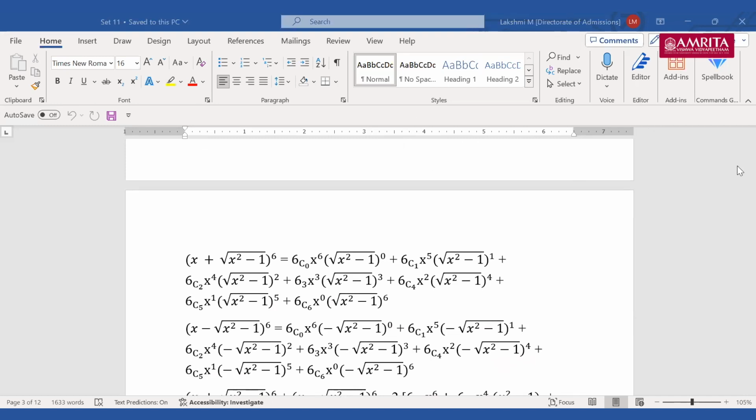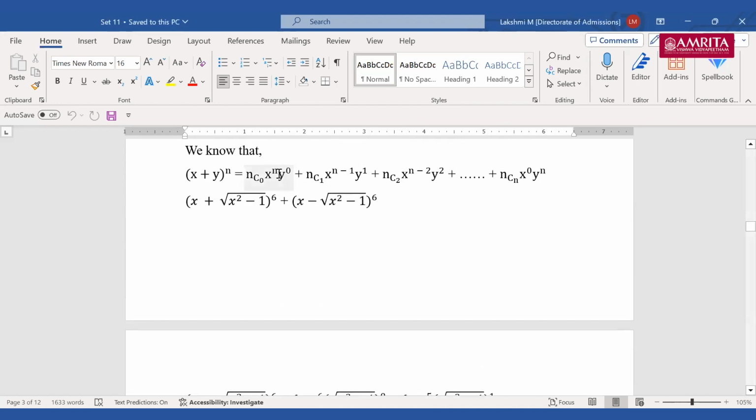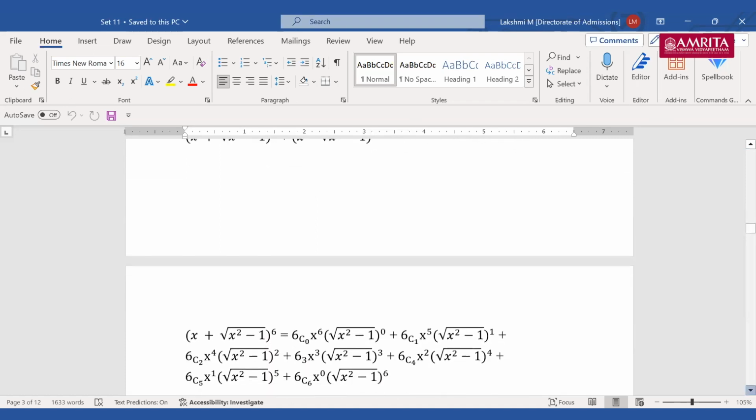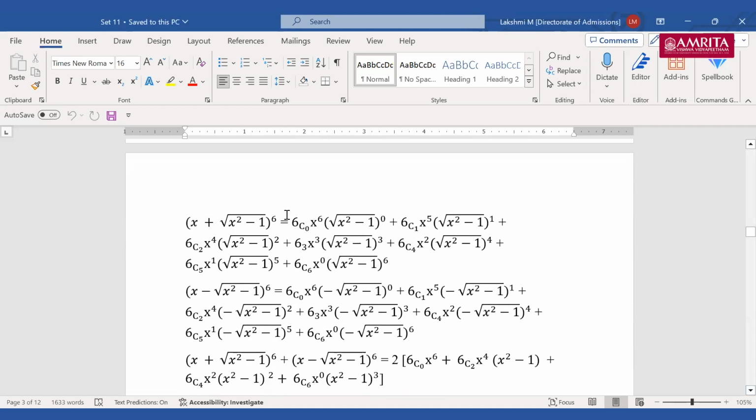Because I think we have just seen this part. The basic formula, right? nC0 x raised to n y raised to 0, nC1 x raised to n minus 1 y raised to 1, nC2 x raised to n minus 2 y squared, right? So yes, it's raised to 6. So the first one will be 6C0 x raised to 6 root of x square minus 1 raised to 0. 6C1 x raised to 5 root of x square minus 1 whole raised to 1 plus 6C2 x raised to